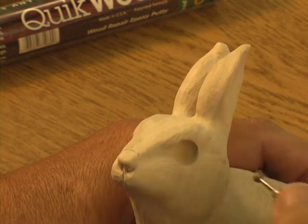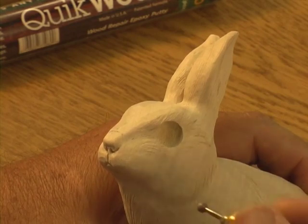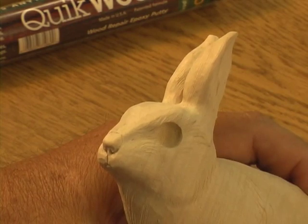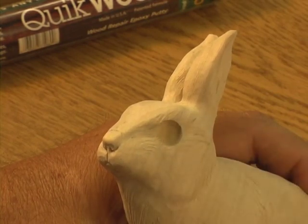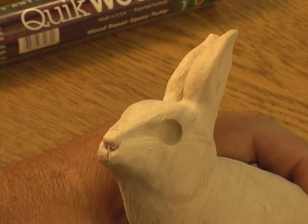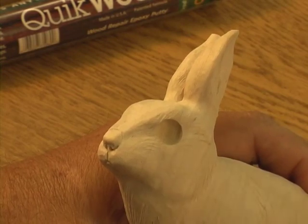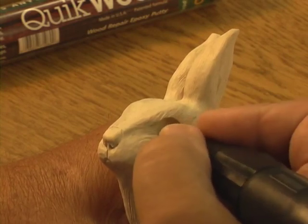Incidentally, if you look around the eye closely, you'll see I've textured, even though I haven't finished the rest of the rabbit, I've textured around the eye. And you want to do this so that you don't have to go back once the eye is in and set, so you don't have to be working around that eye with a rotating bit, which will ruin it if you just touch the eye. To that end, it's best to texture the entire project before you set the eyes. But I need to set this in sequence for you to observe, so I'm doing it a hair out of sequence. So I've touched around the edges of the eye,